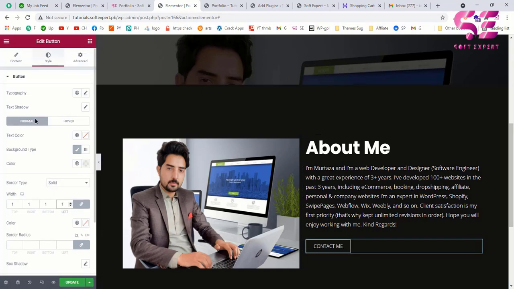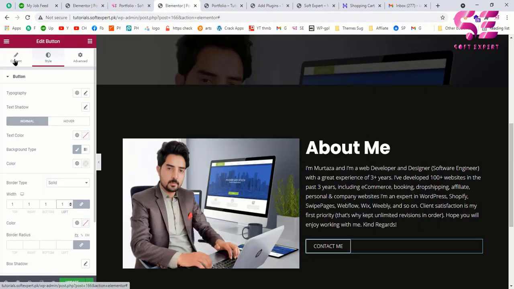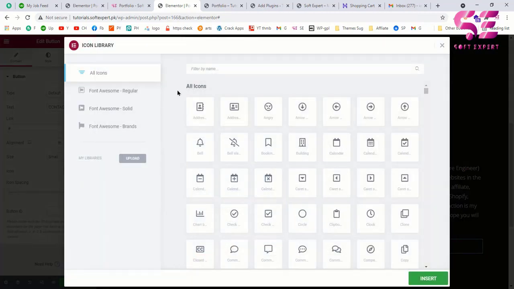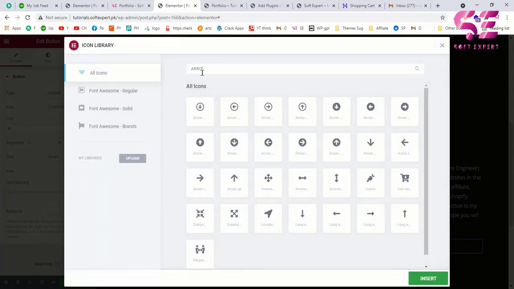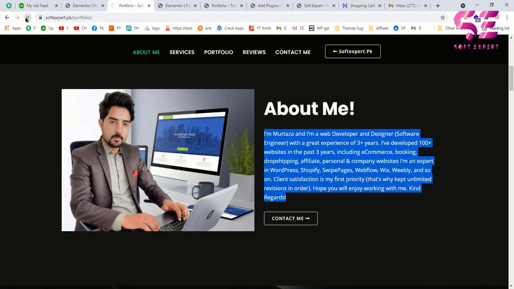Now if you scroll up, we have an arrow over here, so let's make that as well. We will go to content, and here you can choose an icon. So let's choose this icon library. We will search for arrow, and this one I have used, so I'll pick this, and the position will be after. One last thing is, if I refresh the page,